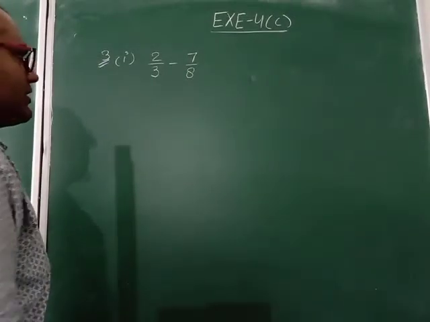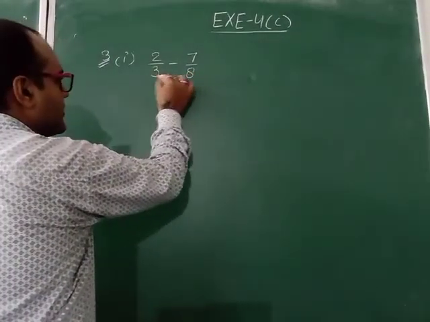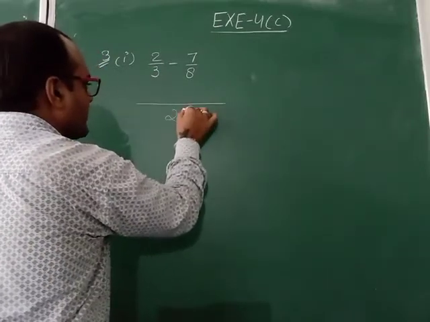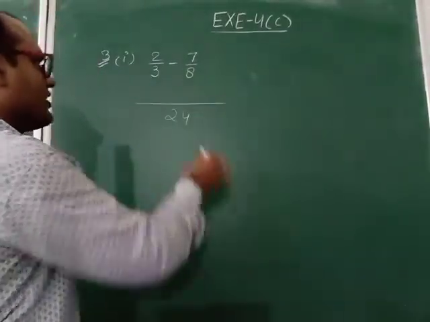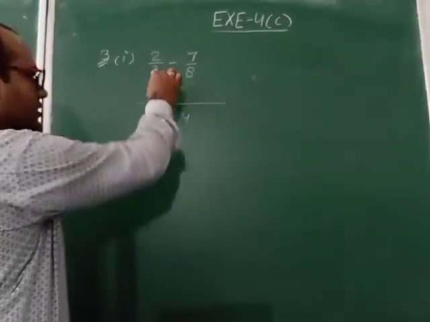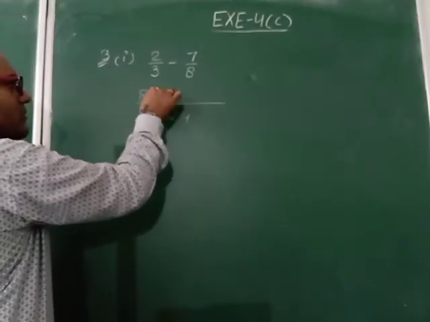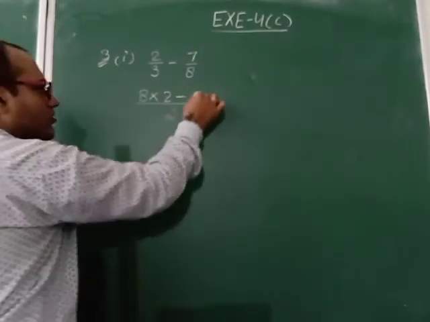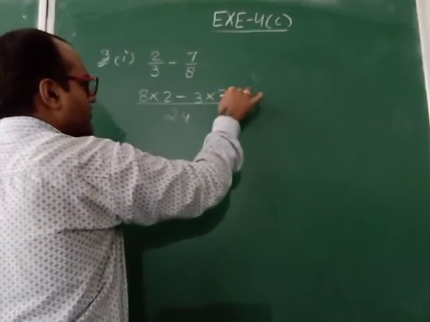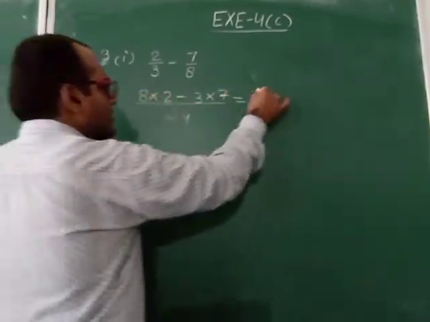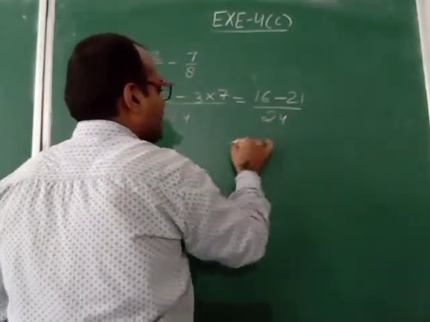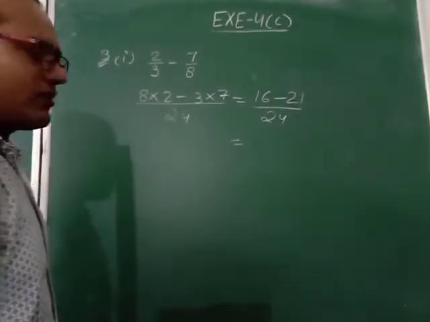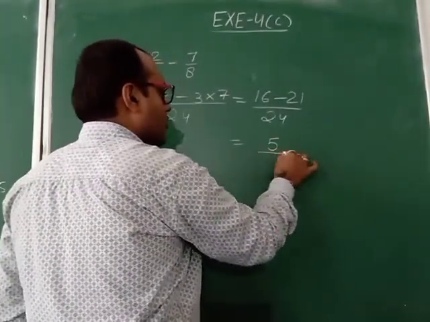First of all, what we will do? We have to take the LCM. LCM of 3 and 8 is 24. These two numbers are not coming in a same table. That's why LCM will be 8 multiply 3, 24. 3 8s are 24. So 8 multiply numerator 2. 8 3s are 24. 3 multiply numerator 7. On solving these numbers, 8 2s are 16. 7 3s are 21. Now we will subtract these two numbers. 16 minus 21 will be 5 upon 24.